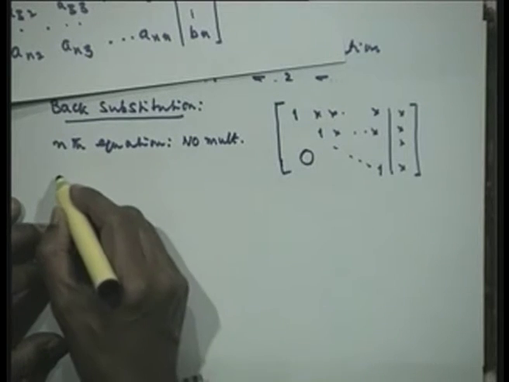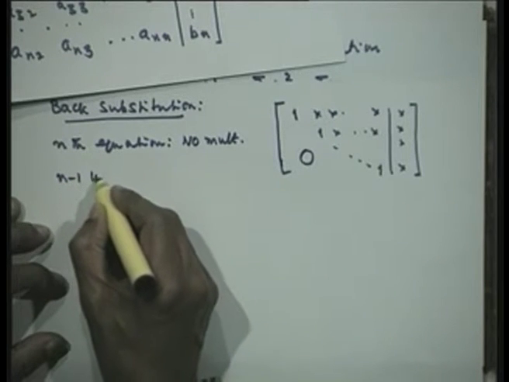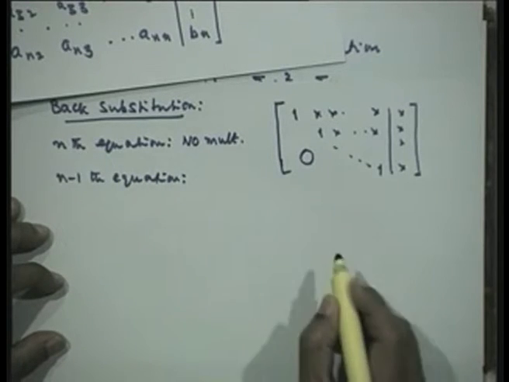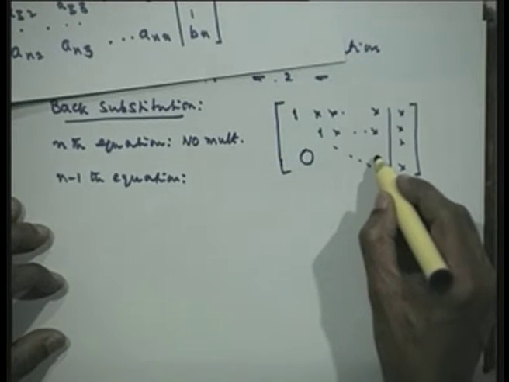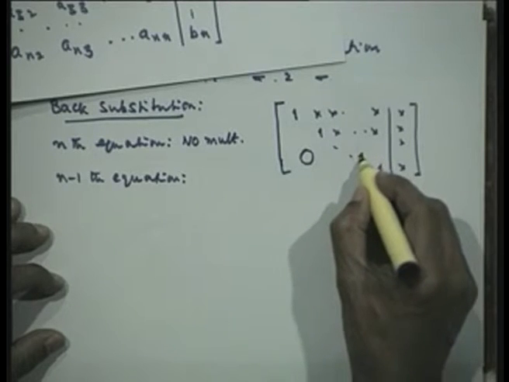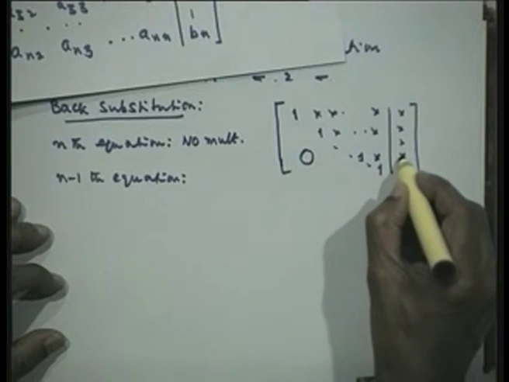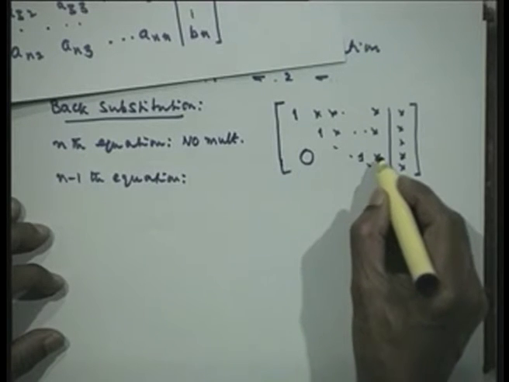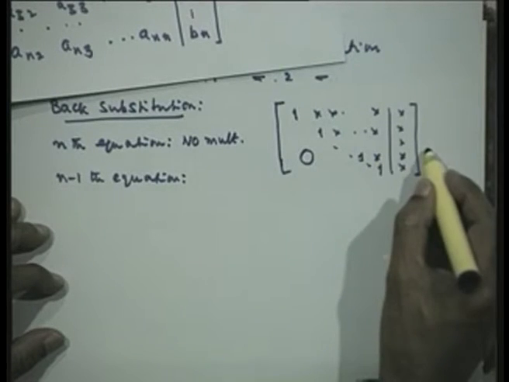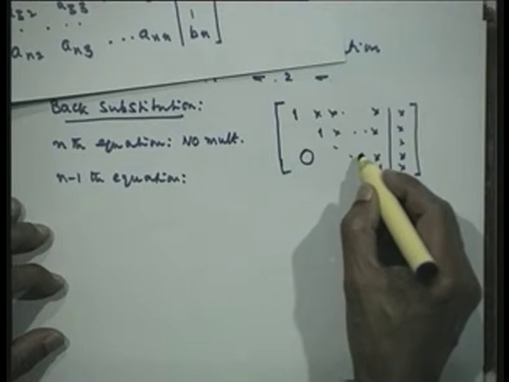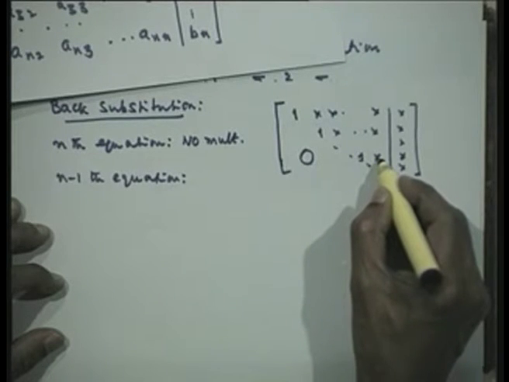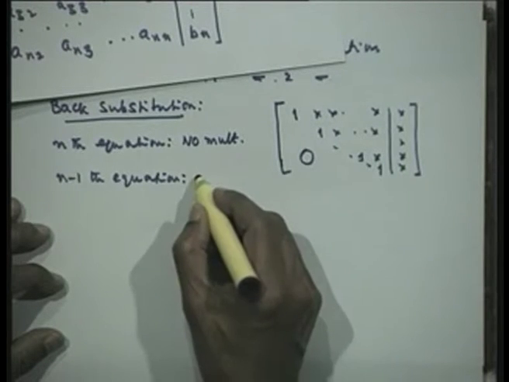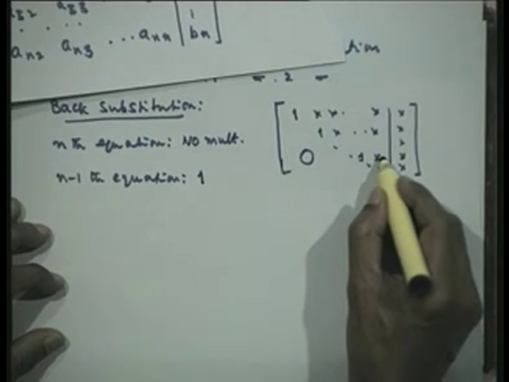Now, let us go back to the n minus 1th equation. Look at this n minus 1th equation. This is containing 1 here, element here, element here. So, I am now substituting this value that we obtained, x n, here, multiplying, taking to the right hand side, or take to the right hand side and multiply. So, I have a multiplication here to be done with this particular element and a subtraction. So, in the n minus 1th equation, I have one multiplication to be done.